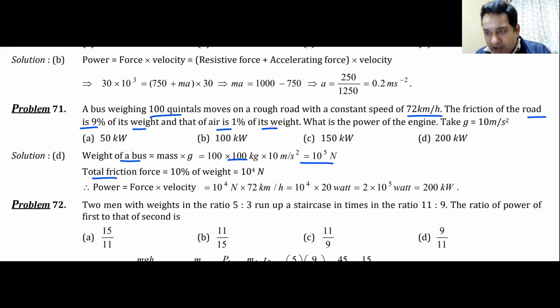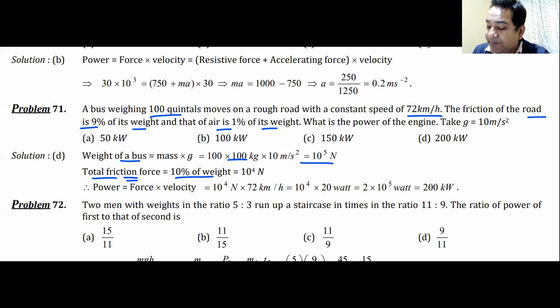Imagine now you are in a car at 50 kilometers per hour, then your car is moving at 100 kilometers per hour, then 120 kilometers per hour. Don't go so fast, you might encounter an accident. But as your speed increases, the resistance offered by air, which is a fluid, increases. Air resistance, 6πηrv, Stokes' law. Air is a fluid. So the total frictional force is frictional force plus air resistance,